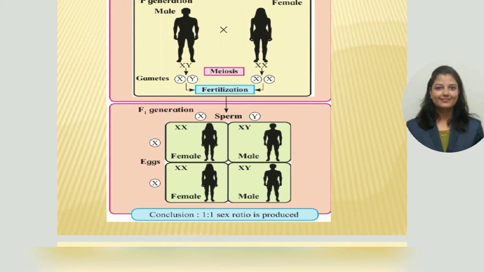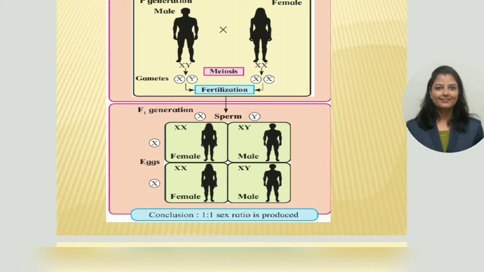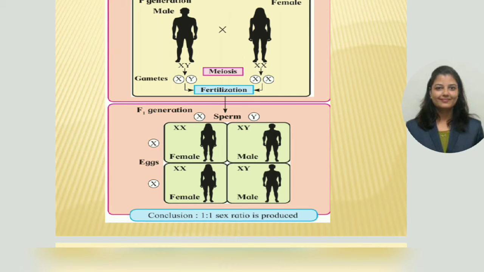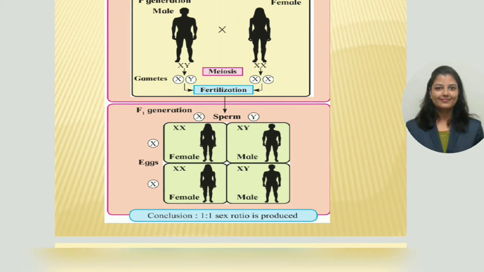In the F1 generation, the hybrid will form. So you can say here in this checkerboard, first is female, X and X cross will become a female. X and Y will cross, it will become a male. When X and X will cross, then it will become a female, and then X and Y will cross, it will become a male. So your conclusion is that the ratio of sex produced in any generation will be 1:1